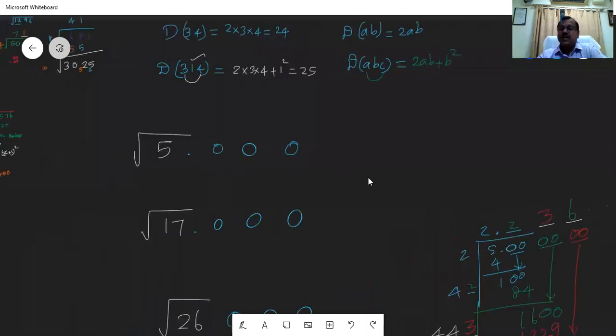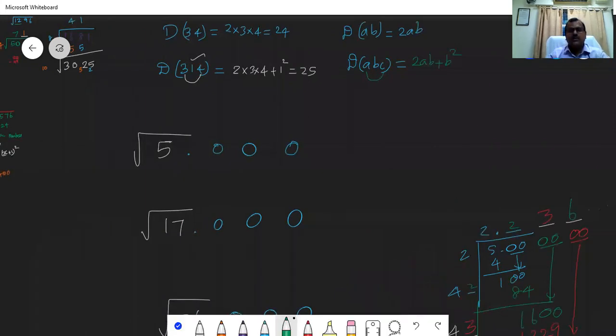Now let's come to our shortcut method. Are you ready? I will teach you such a lengthy method you can avoid. I can go with the shortcut method. Come on, listen now. What is your nearest square root for 5? 2. 2 2s are 4. What is the remainder? 1. That 1 you should write in front of the next 0, so it is 10. What is 2 2s? 4. How many 4s are there in 10? 2. 2 4s are 8. Balance 2, that is 20.